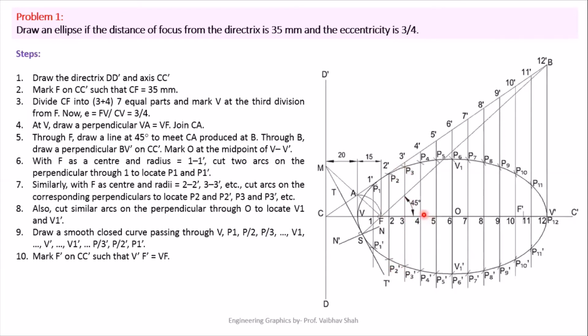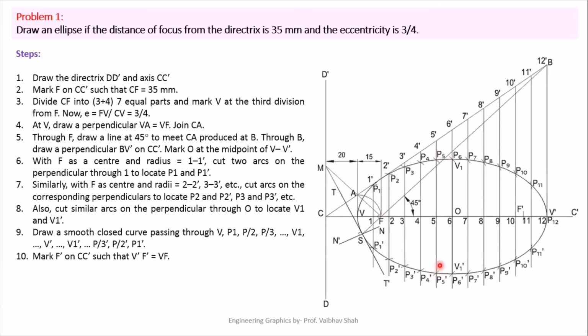Select your rounder 4 dash distance and put your rounder at F and cut this line of 4 here and here to get P4 and P4 dash. Now similarly take the distance of P5 dash on your rounder. Now put your rounder at F and cut this 5 line here and here to get this point